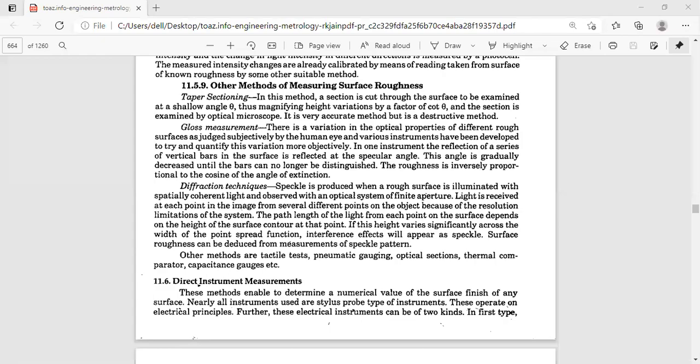We'll start again. Last class we studied the methods of surface finish, and in that we have two categories: inspection by comparison and direct instrument measurement. In the inspection by comparison methods, we have seen the visual inspection by the naked eye, the touch inspection,